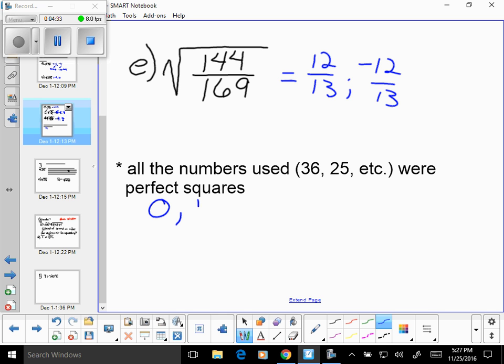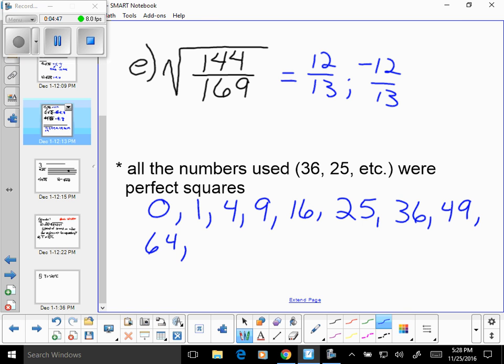0 is a perfect square, 1 is a perfect square, 3 times 3 is 9, 4 times 4 is 16, 5 times 5 is 25, 6 times 6 is 36, 7 times 7 is 49, 8 times 8 is 64, 9 times 9 is 81, 10 times 10 is 100, 11 times 11 is 121. 12 times 12 is 144. 13 times 13 is 169. And 14 times 14